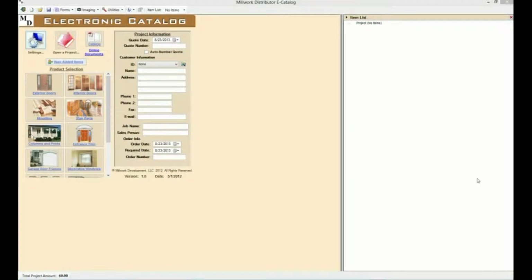Okay, on to the demonstration. When the eCatalog is started, the user is taken to the home page. The home page is a control center of the eCatalog. From the home page, the user is able to access all of the product modules, utilities, and features of the